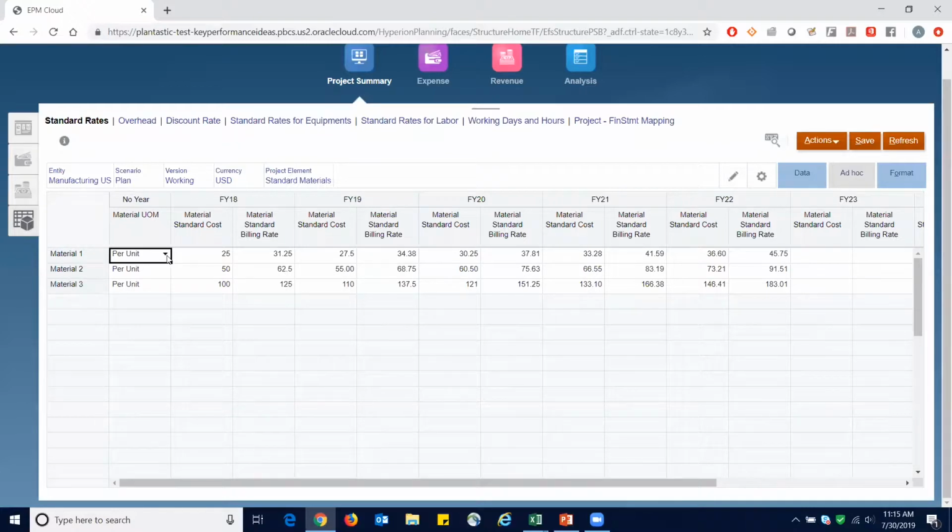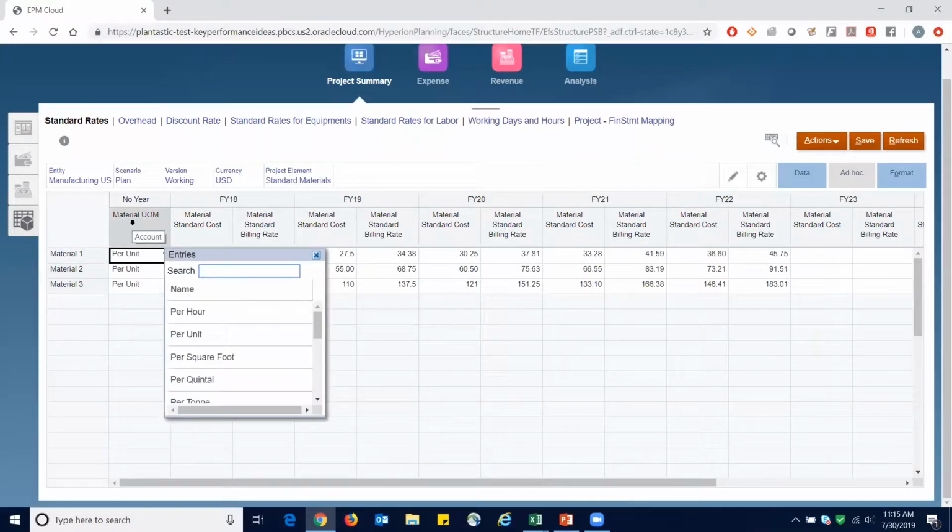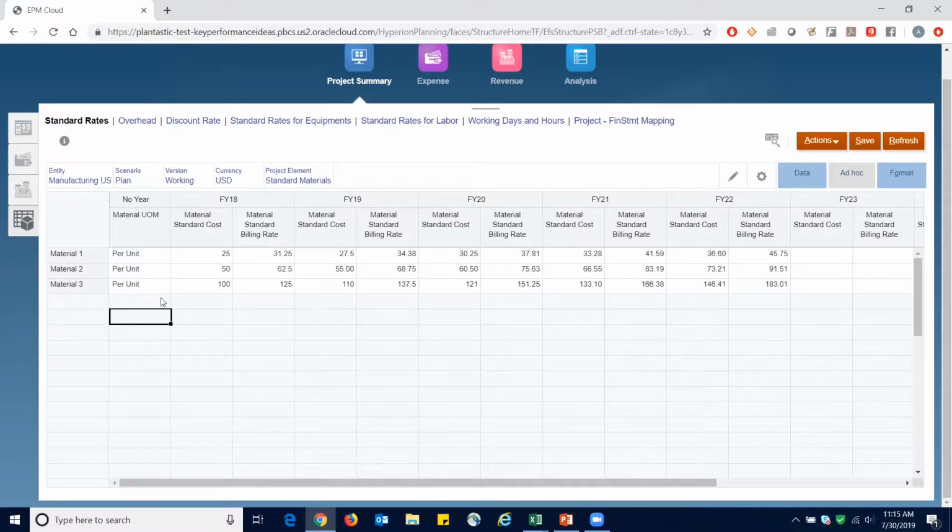your needs. And here we have material UOM, or unit of measurement, and we'll find quite the extensive list that goes from per hour to per unit and covers things including per passenger and per barrel. And this is actually controlled on the back end with a smart list. So if any of these are unnecessary, we can always remove them. Or if you need any additional ones, we can always add them. And from there, all you would do is simply input the material standard cost for each year, as well as